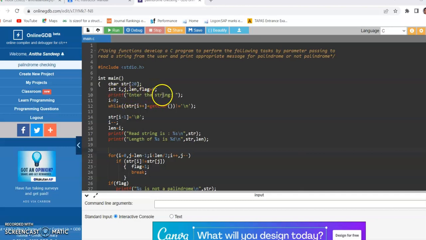First, I will be displaying a message, enter the string, and I initialize the value of index i to 0, and I will be reading the string until I enter a new line by using while ((str[i++] = getchar()) != '\n'); Here, what it does is it reads the character and assigns it to str[i], and it will be compared against \n, which is a new line. If it is not a new line, then it again reads,